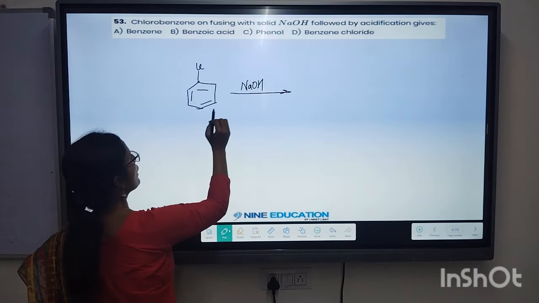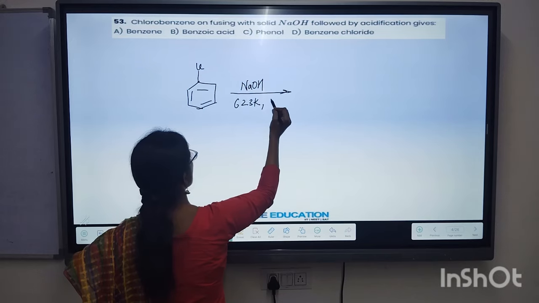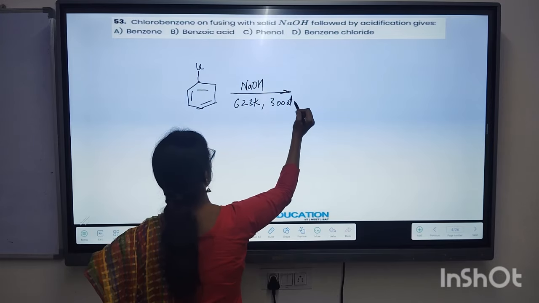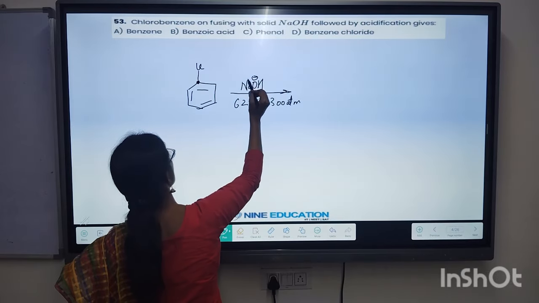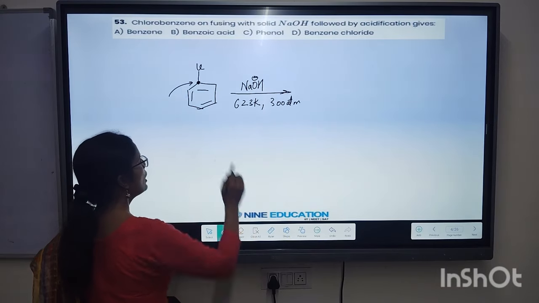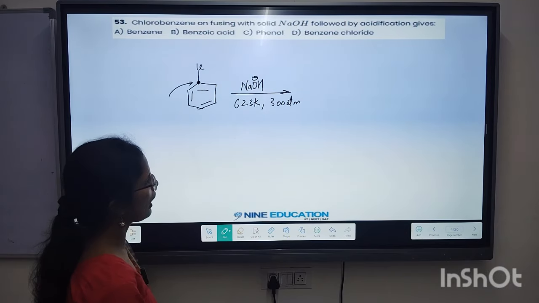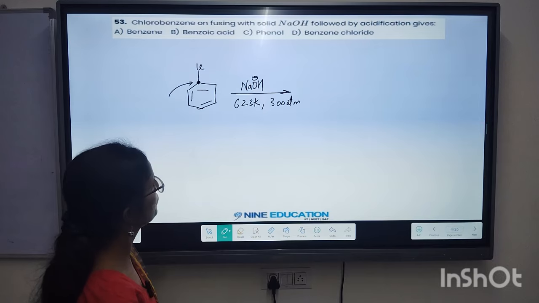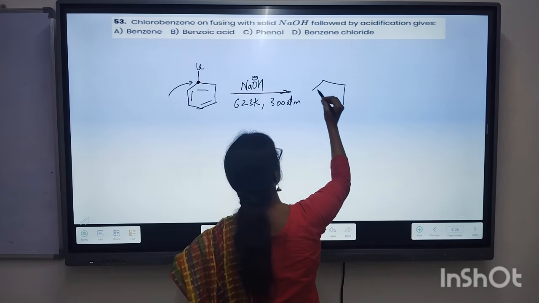And as we know that when we will be treating it with NaOH, high temperature and pressure will be required, because ultimately we will be talking about substitution, OH minus serving as a nucleophile and doing substitution at benzene carbon, which is a difficult reaction. So you will be requiring high temperature pressure condition in order to do this. And when you talk about the substitution reaction, initially what we will be getting?